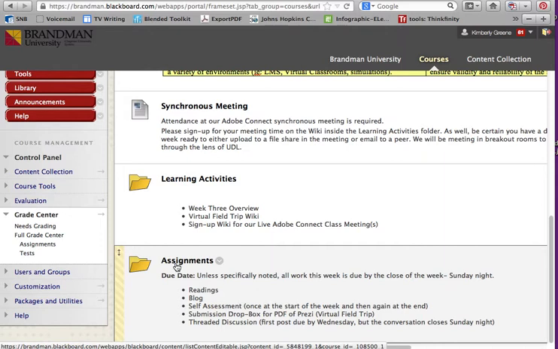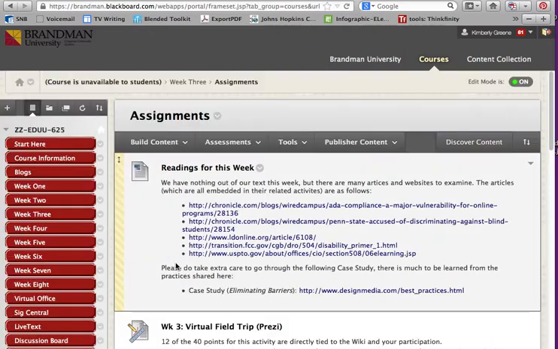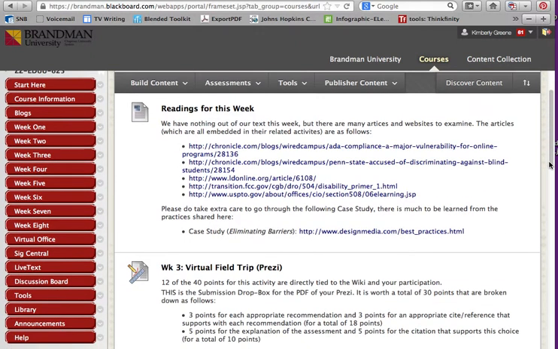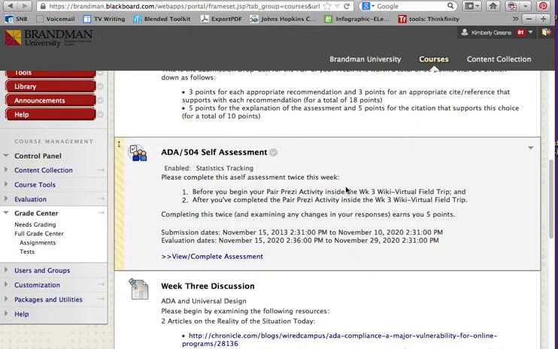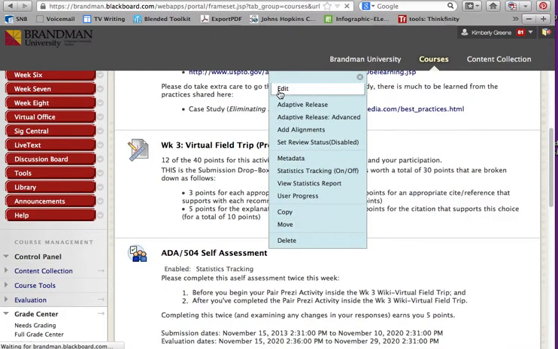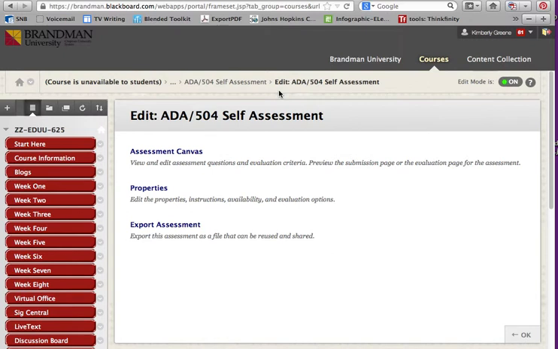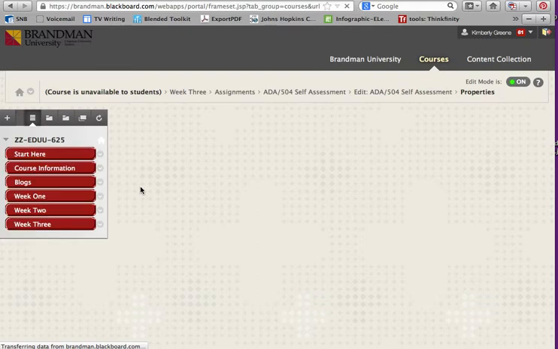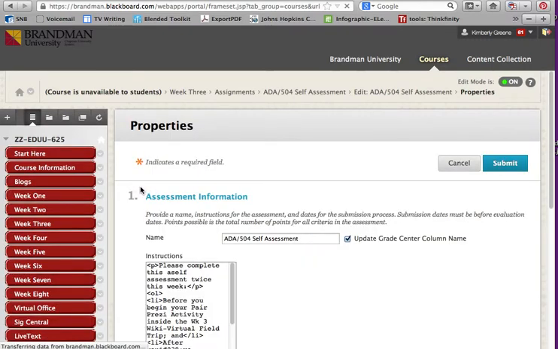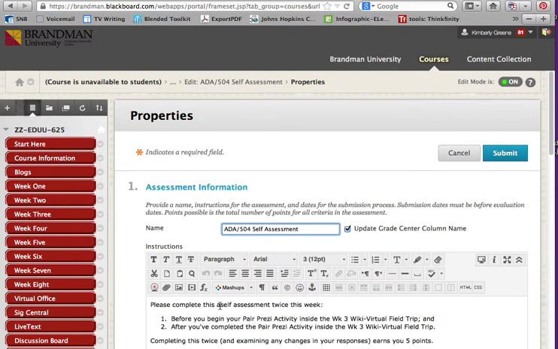CII instructional designer know. But so anytime there is a Dropbox, it's always in the assignments folder. Wiki work usually takes place in learning activities, Dropboxes, threaded discussions, and there's another self-assessment here. Well, look at that. Boy, it's a good thing we're doing this. Properties. Well, if you didn't know how to do this, now you are. We're going to fix this right now. Go into Properties and fix that typo. It's a good thing we're doing this. Complete this